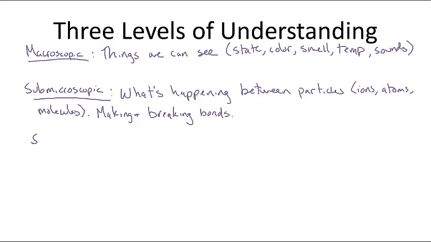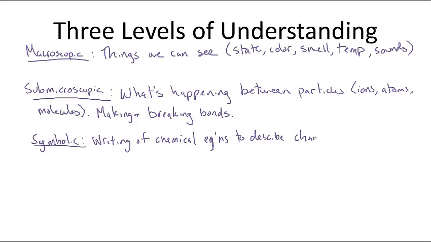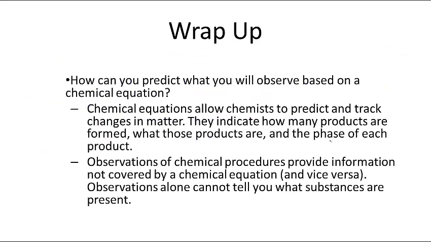And then there's the symbolic. So this would be our writing of chemical equations to describe change. And we're going to start combining actually the submicroscopic and the symbolic in particulate representations. All right, so that's the three levels that we will be using to understand chemical changes, or changes in matter,